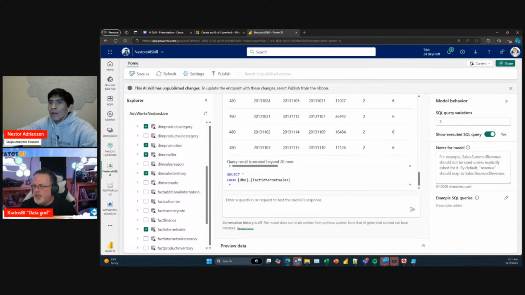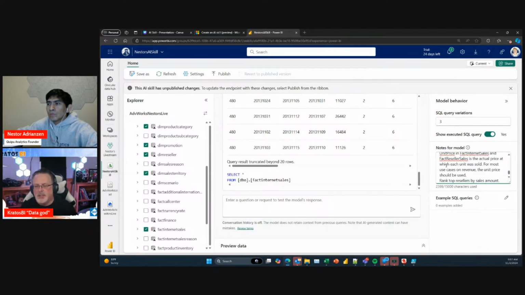Now, I might want to add a whole bunch of additional notes and comments on this. So I could add all of these one at a time inside of here, and I could train my model as I go and as I evolve. One of the things I really like is to put all those comments inside the notes for the model so that I can go back and see what it's been trained on.